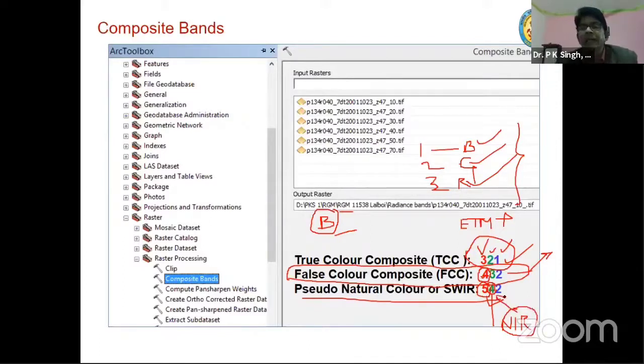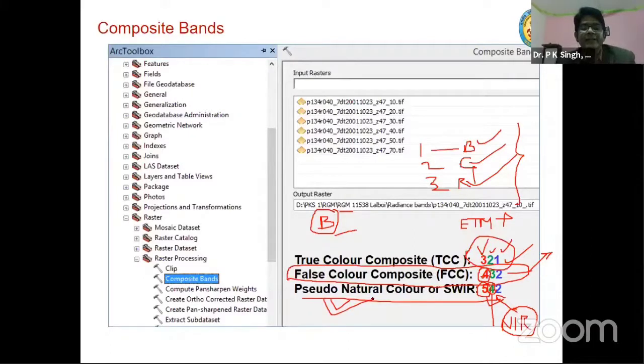It means all the vegetation covered areas, high density vegetation areas, they will look green, and green is the color of the vegetation. That's why it is called pseudo natural. Actually, we are not taking the green part as green, rather near infrared as green. That's why it is called pseudo natural color.